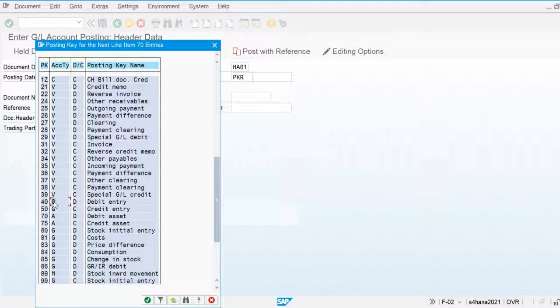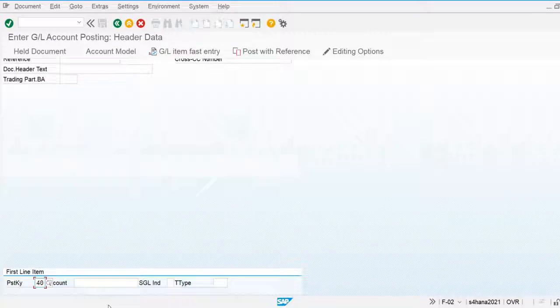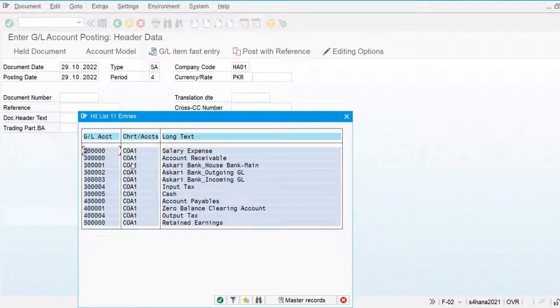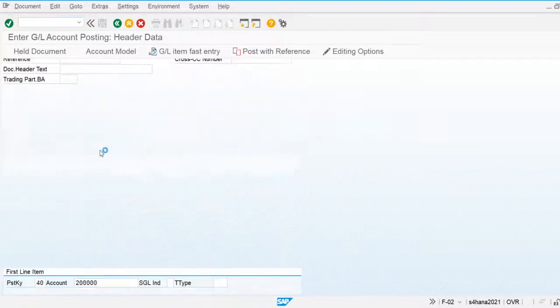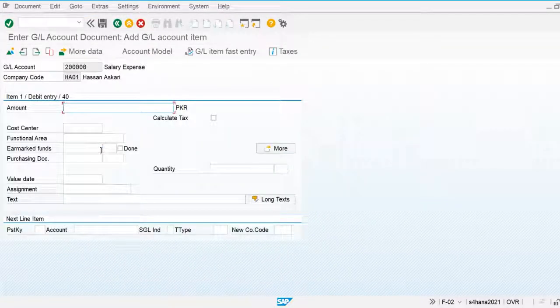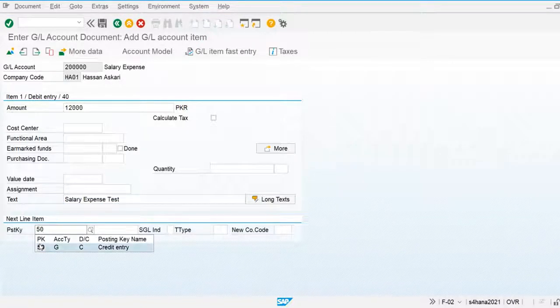So this is account type, which is general ledger, and this is debit and credit indicator. I'm going to debit my salary account. I'm going to give salary expense, and this is 12,000. And I'm going to give the text salary expense test